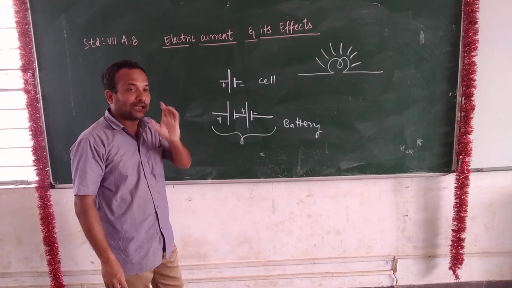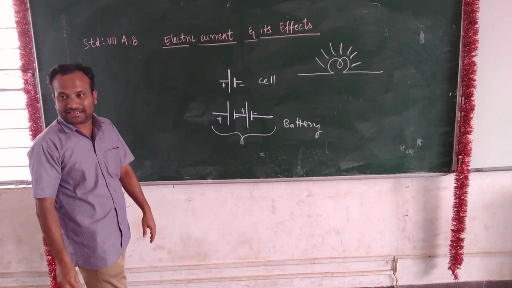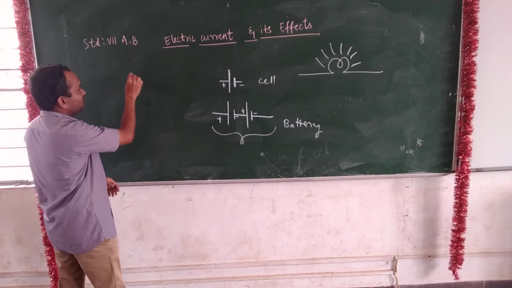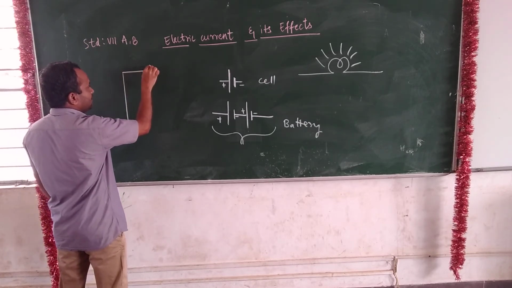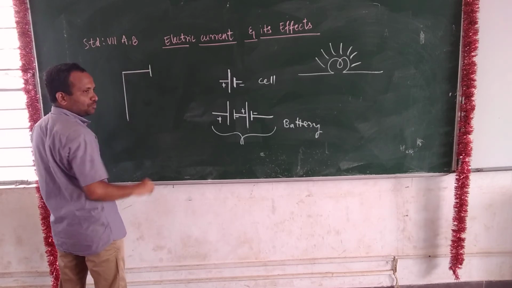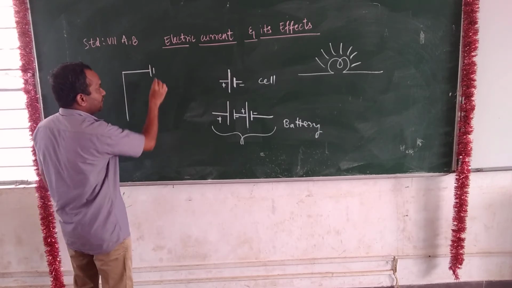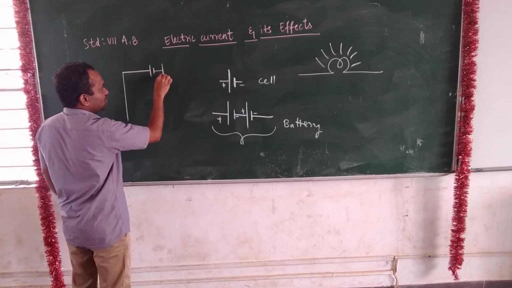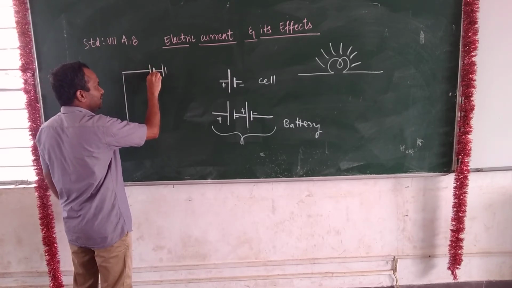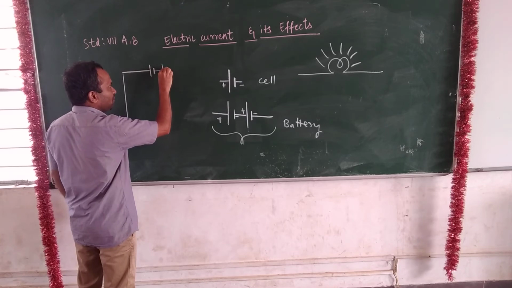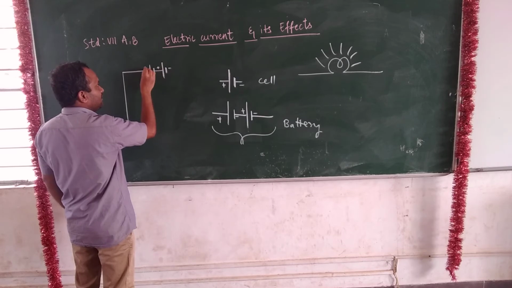Then a simple circuit, a simple electric circuit. If they ask for a simple electric circuit, wires are there. These are connecting wires. Connecting wires are connected to the cell, positive terminal. The smaller line is the negative terminal, connected to one more cell, positive terminal, negative terminal. Usually this negative terminal is thick. They show it in a thicker format. This longer line is the positive terminal. This is the negative terminal.